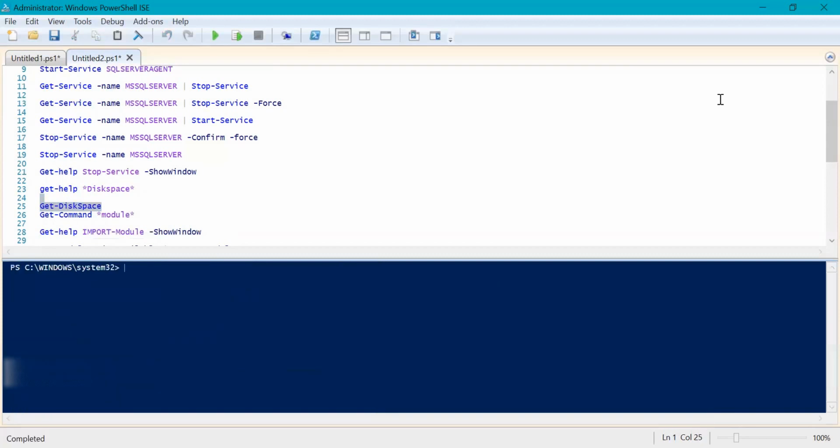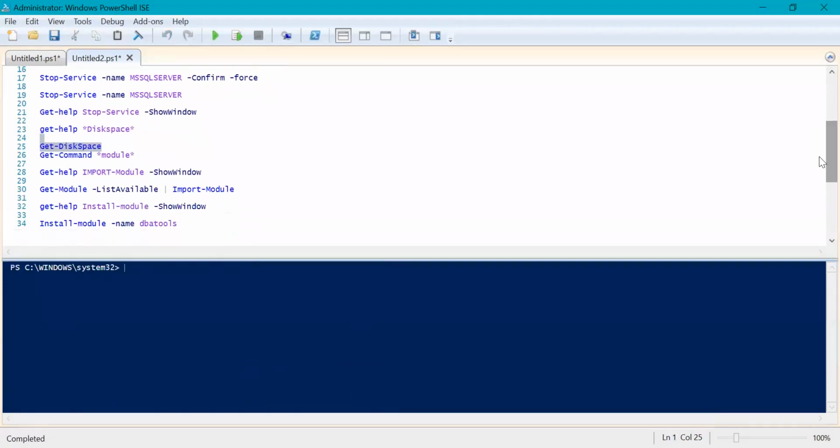Okay, let me clear the screen first. As I've already discussed the dbatools module, there are many other modules available in PowerShell. If you want to install a particular module on your laptop or desktop, how exactly can you do that? The first thing you should do is check all the commands which contain module in their name.